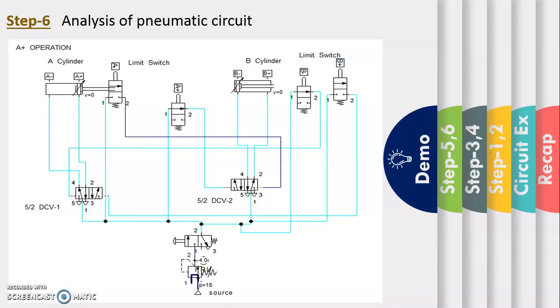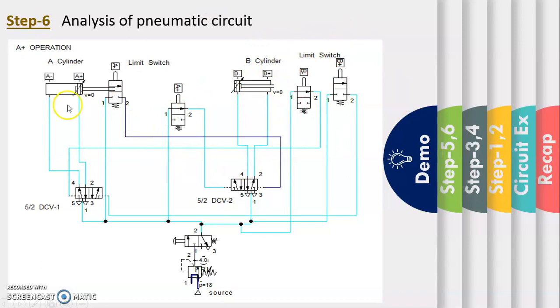How the simulation circuit is developed, how the sequential operation is explained step by step, and the simulation will be done in a separate video. Here I just want to explain the input will be a compressor and FRL circuit, and this will be the main control switch, and through that we have 2 control DCVs. The 5x2 DCV 1 is used to control cylinder 1, and the 5x2 DCV 2 is used to control cylinder 2. The cylinder 1, or A cylinder, is used for holding or clamping the soap, and cylinder B is used to stamp the logo or name on the soap.